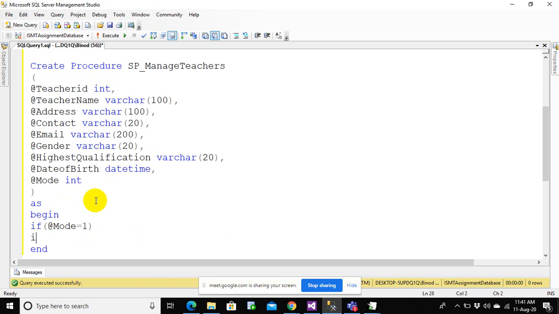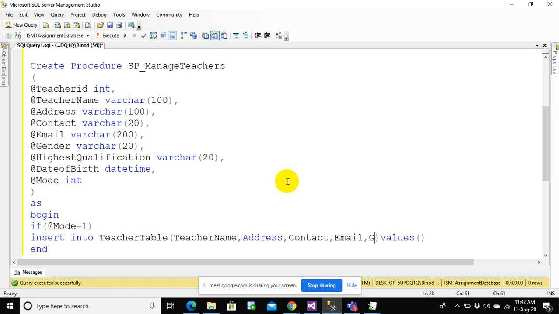Now as begin, we'll check if mode is 1, then we want to make an insert operation. So we'll insert into the teacher table values. What are the fields you would need? You would need teacher name, address, contact, email, gender, highest qualification, date of birth.